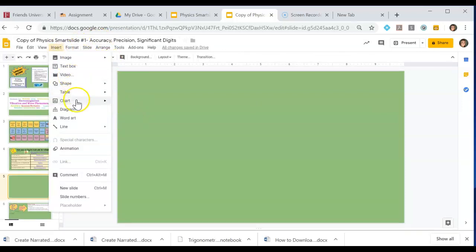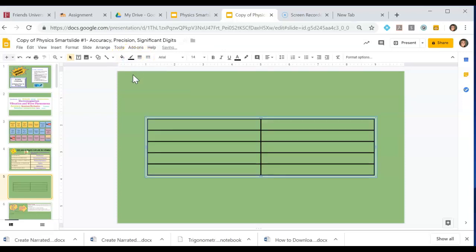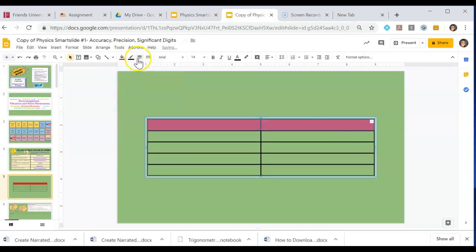So I'm going to insert a table. And let's see, we'll just make it this size here. And I'm going to change the color and make it bolder. Okay. Now, if you want to do other things, like if I want this to be a title, I could do that also. I could color that in. I could change my,